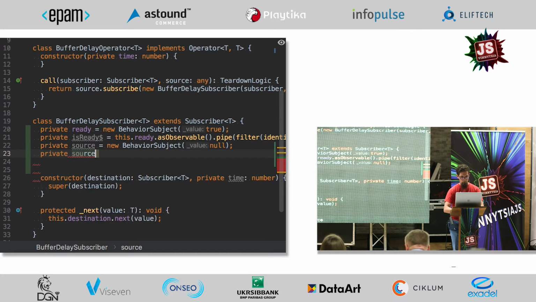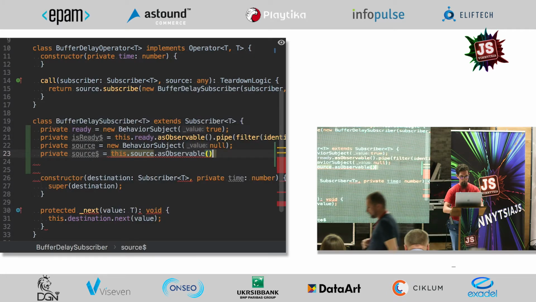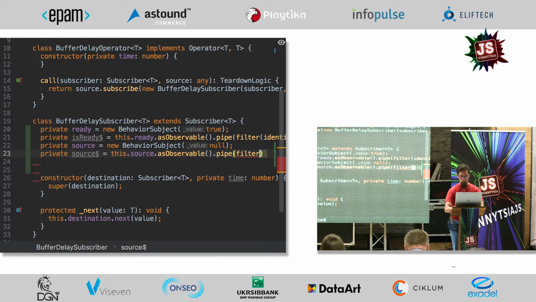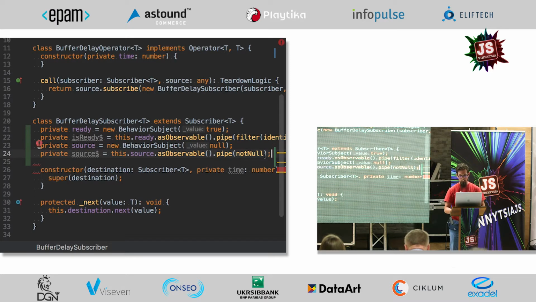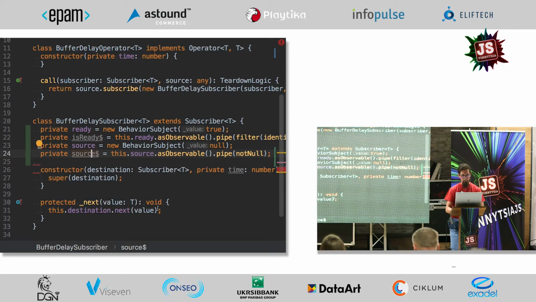Private source. This source as observable, and here we pipe filter, or even not filter but not null. I've got it implemented already. So you can see that we can already benefit from using our custom operators that we create, that I've shown you in the presentation. And here we need to push to this source